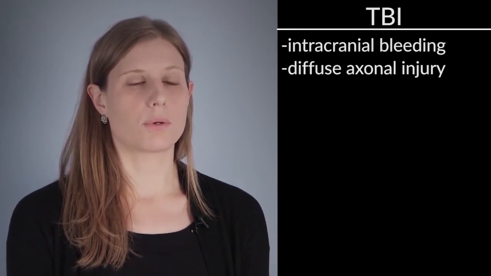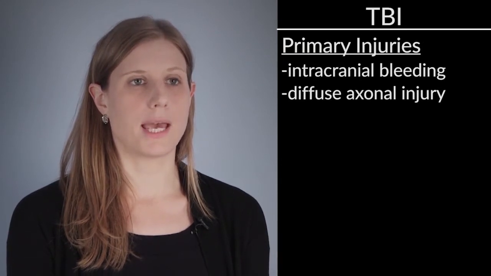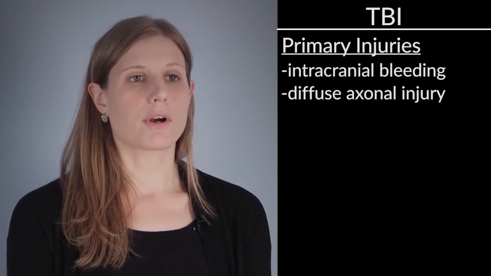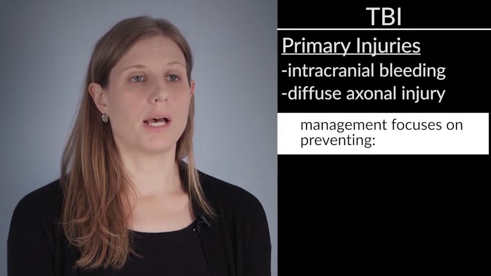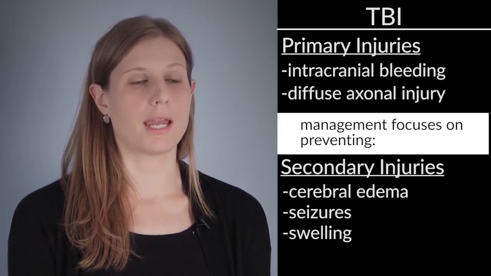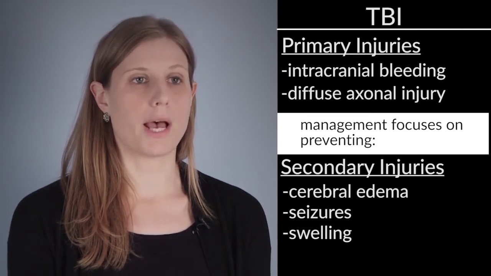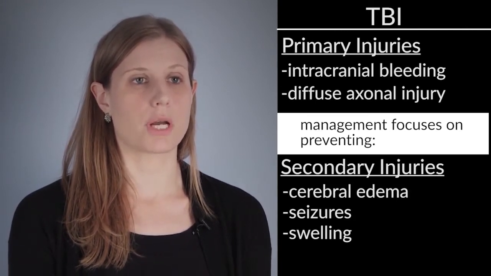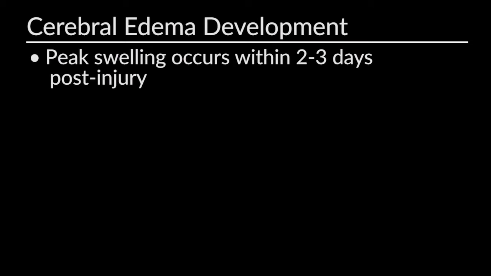The thing to know about traumatic brain injury is that all of the types of injuries we're talking about right now, intracranial bleeding and diffuse axonal injury, are often primary injuries. However, our management really focuses on preventing the secondary injury that can happen when the brain starts to swell after a primary injury. Typically, peak swelling occurs within 2 to 3 days post-injury,